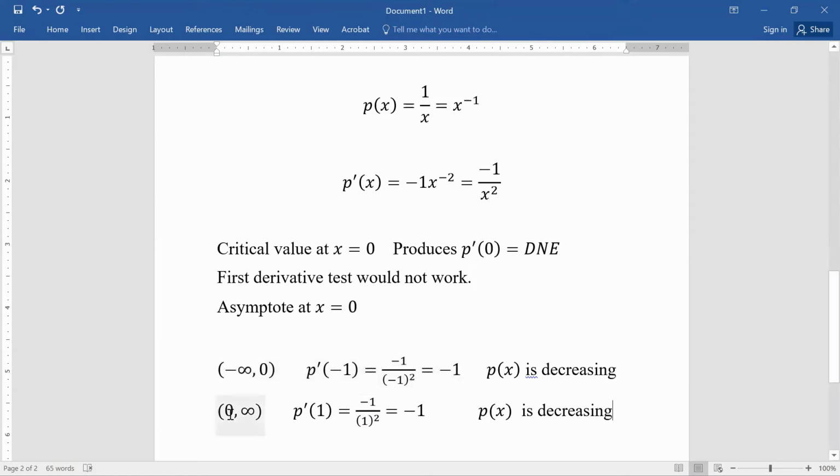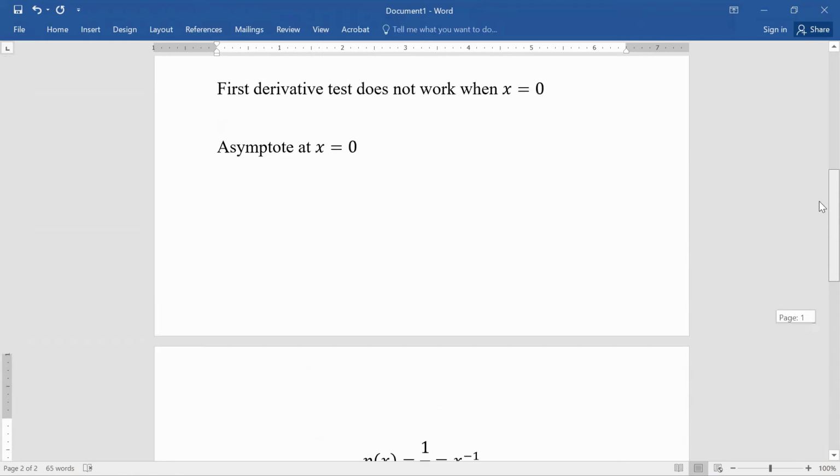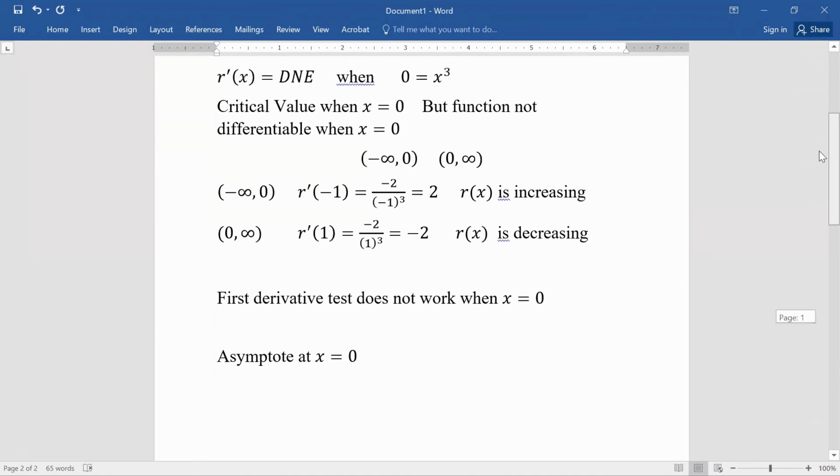Now, decreasing to decreasing, obviously that would not have been a first derivative test anyways. We know we can't do the first derivative test at 0 because we're not differentiable there. I did want to show you the graphs of these two functions to see what's going on and why we don't get a maximum or a minimum at those two places.